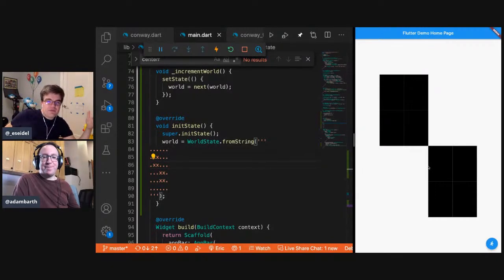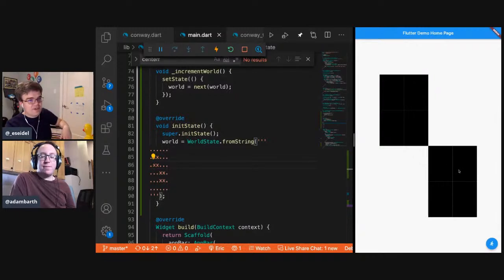So before we close up shop, Dr. Barth, did you have final thoughts? Not particularly. I'm really glad that we got to this point. I want to add maybe a little splash of color next week too. I like the black and white, and maybe play with some bigger worlds.